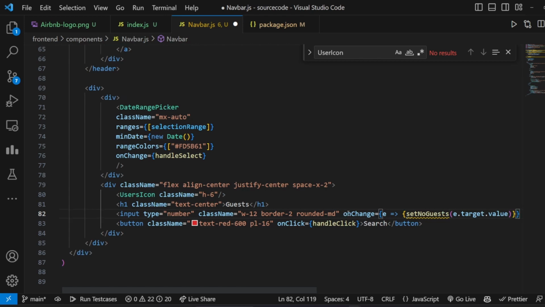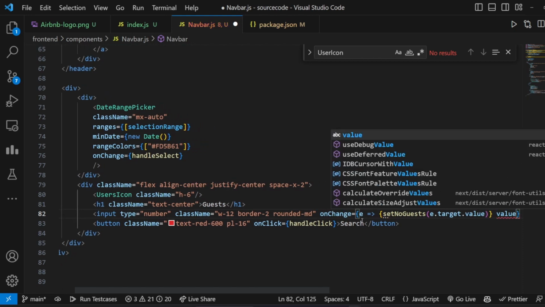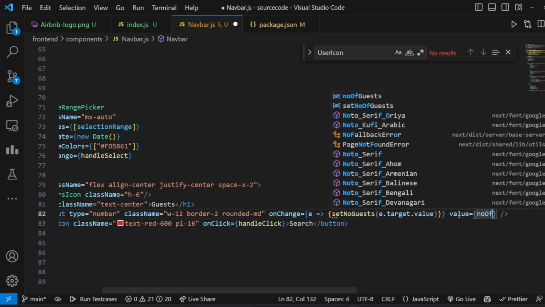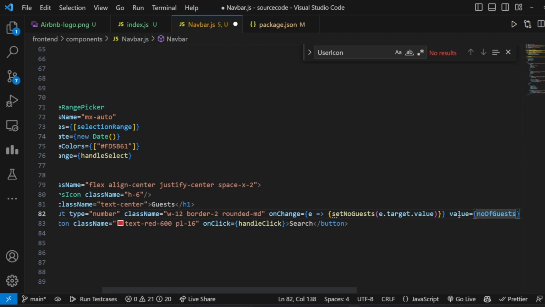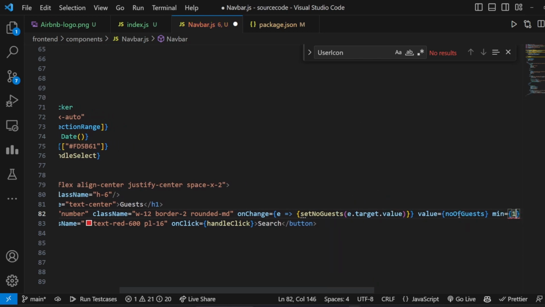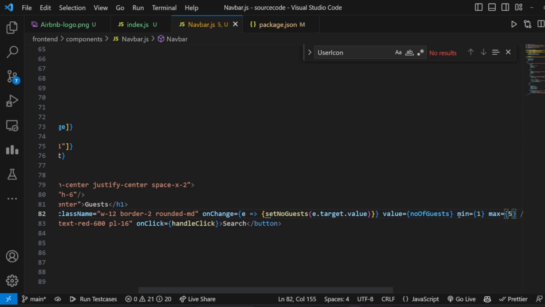After that, we will get the value. Okay, it should be outside this. The value should come from numberOfGuests, and the min value should be 1, and the max value should be 5. Save,